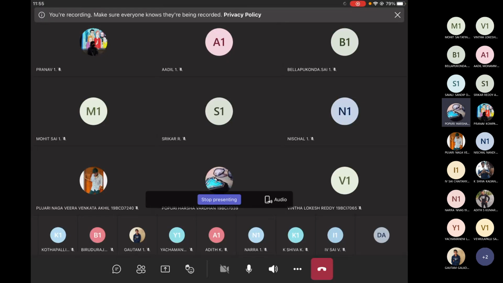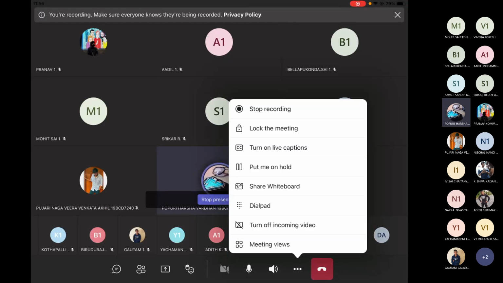Sir, sorry, tell me, Nana. Sir, can you tell some API services other than Rapid API, sir? Just a second, Nana. Let me